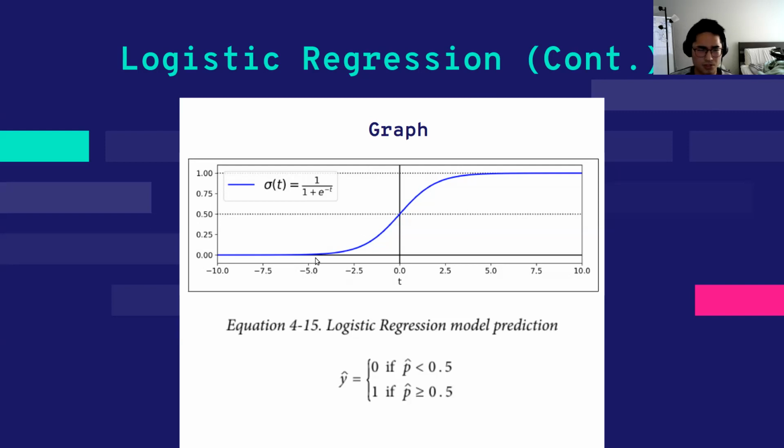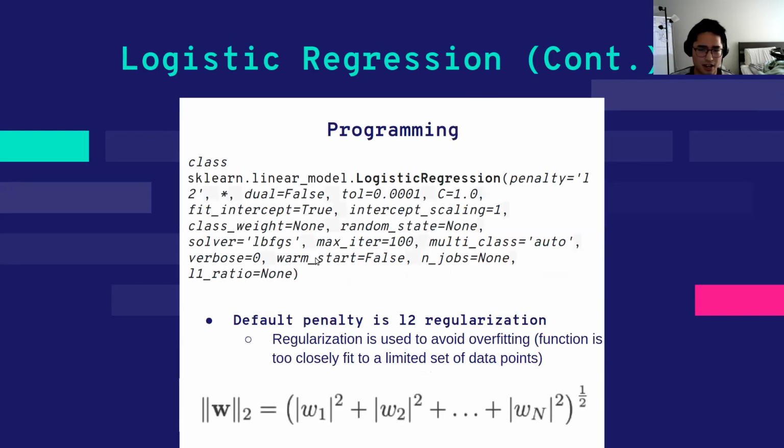Now to actually program it, and again, I got this from sklearn, and you don't have to worry about what the arguments mean here. It's just to let you know that there are default values that you need to take a look at. You don't really have to worry about the arguments too much unless we are changing some of them. But there's one thing you need to think about, which is the penalty, the L2 penalty, or what we call the L2 norm.